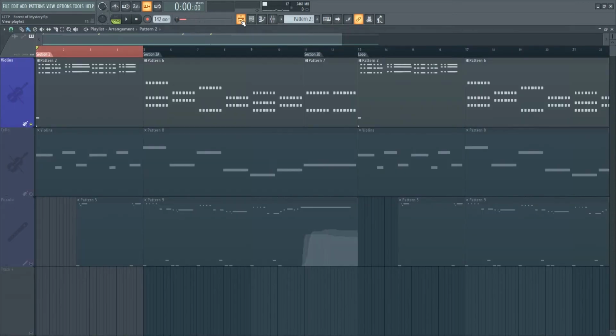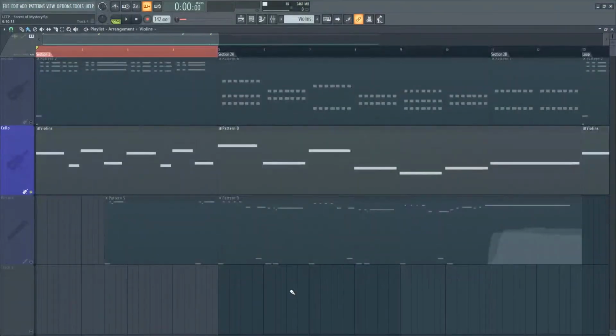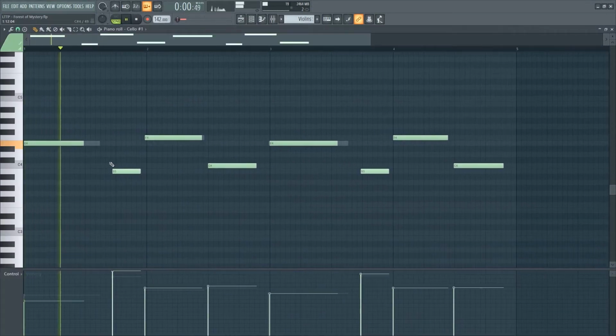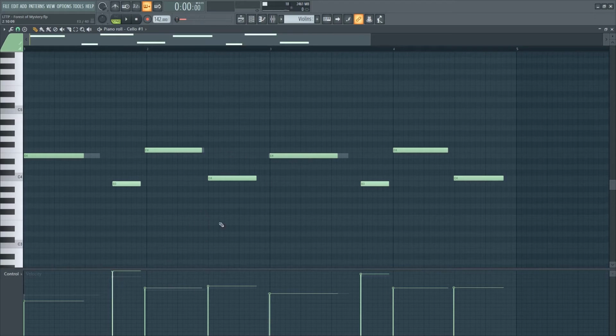Moving on to the cello, even in a simple pattern like this, Koji manages to add some flair to it. Some notes here are purposely cut short, such as this first note, and some notes are louder and some are softer than the others, as you can see down here. This dynamic way of composing allows the listener to keep coming back to the song and pick out the subtle